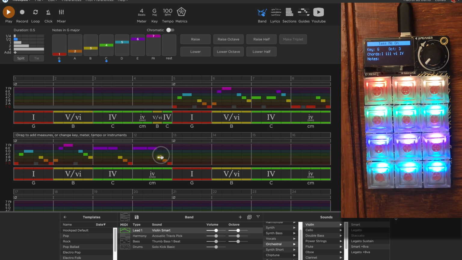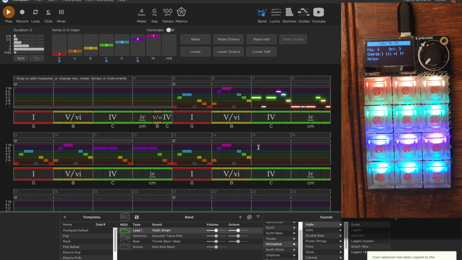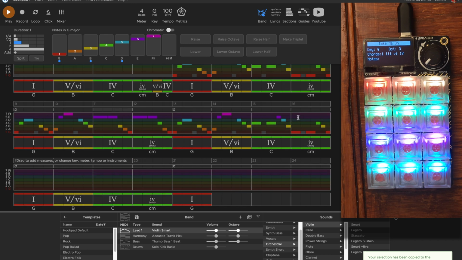Alright, we've got the good beginning. Let's move these up. Okay. And of course, we're going to repeat the phrase again. I'm going to repeat the phrase we had from the first few measures also. Why not?